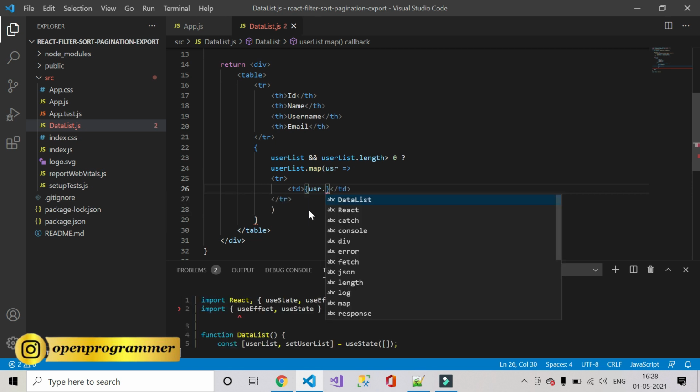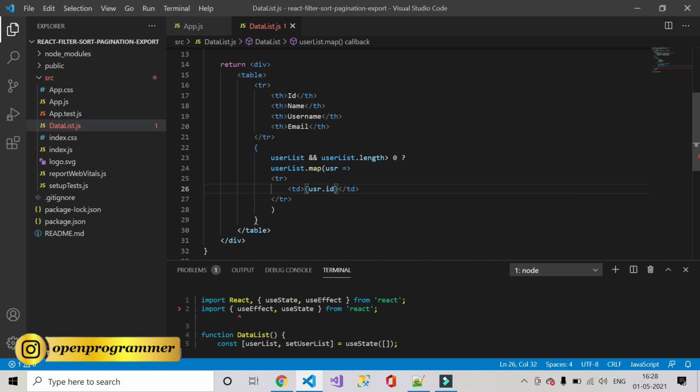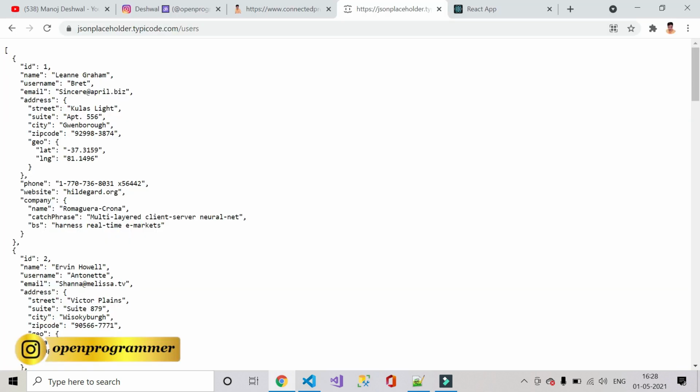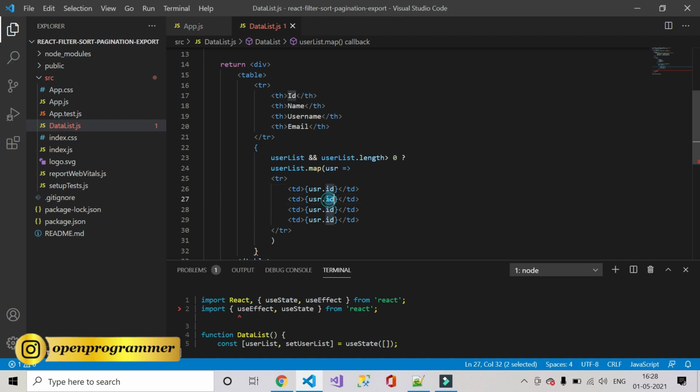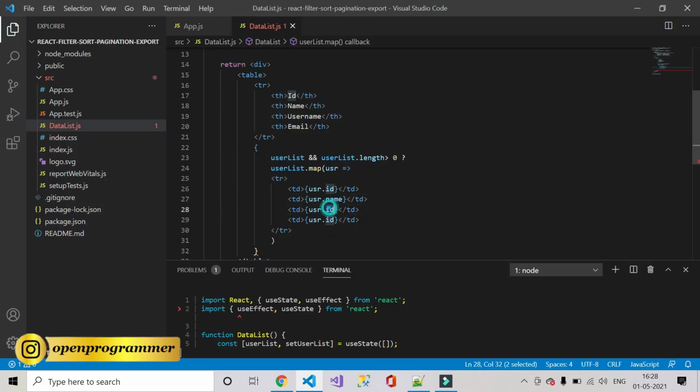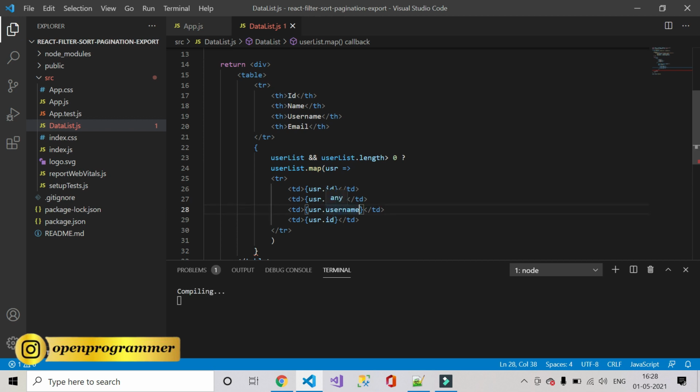user.id. Let's copy and paste 3 more times. So this is the column id and name. Make sure you write the exact same name. Like if this is in lowercase, then you have to copy and paste in lowercase, or if you are writing, it would be in lowercase only.